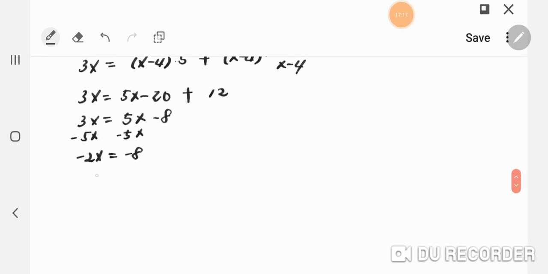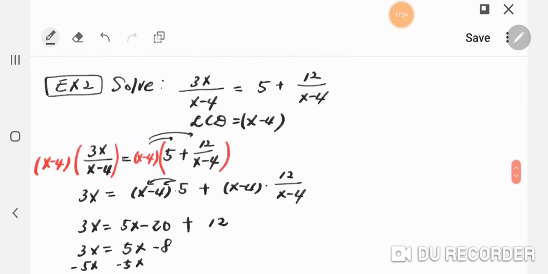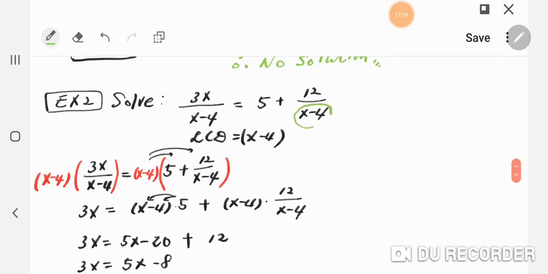Divide each side by negative 2. So x equals 4. So we found 4. We have to check. If 4 makes the denominator 0, then we will not include this 4 as a solution. If x equals 4, this will be 0, right? 4 minus 4 is 0. So x equals 4 is not a solution